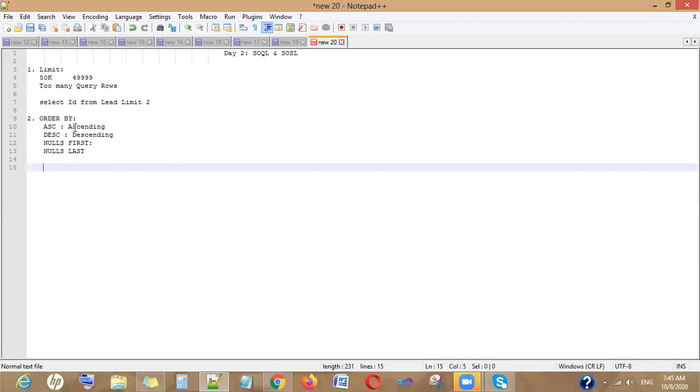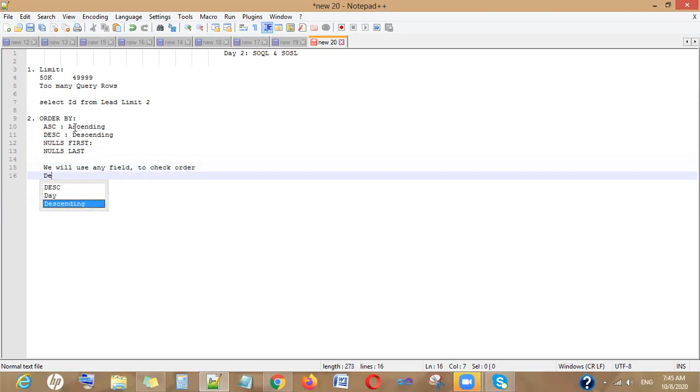So, for the order by, we will use any field to check order, okay? And the default is ascending nulls first. I mean, this is the default order of SOQL. Okay, now for example,